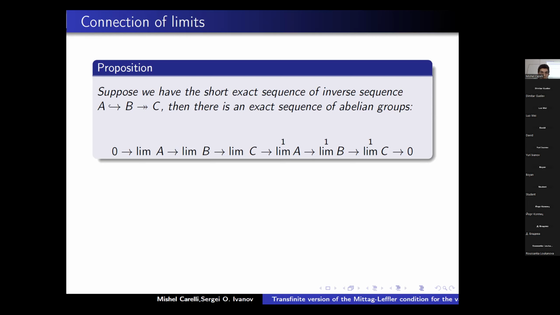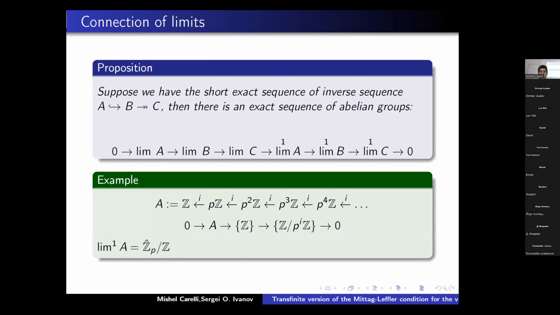So here we have three limits and three derived limits. So basically, for example, if you have vanished derived limits of A, that means that the functor of limits would be exact, for example. Okay, and